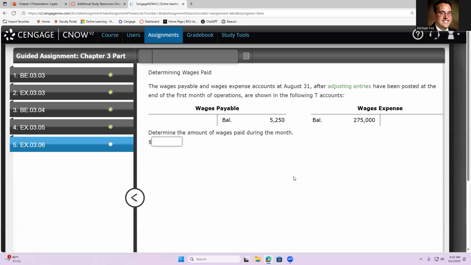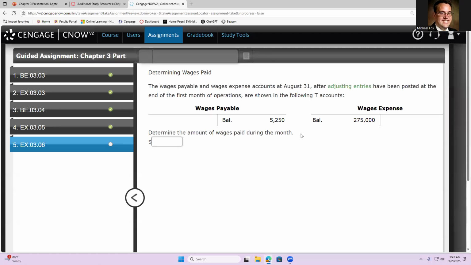All right. Determine the wages payable and wage expense accounts at August 31st after adjusting entries have been posted at the end of the first month of operation. The wage payable and wage expense accounts after adjustments have been posted at the end of the first month of operations are shown in the following T account. I feel like the grammar of that is weird. The wage expense, 27,500. So that's how much we've incurred. And then wages payable is